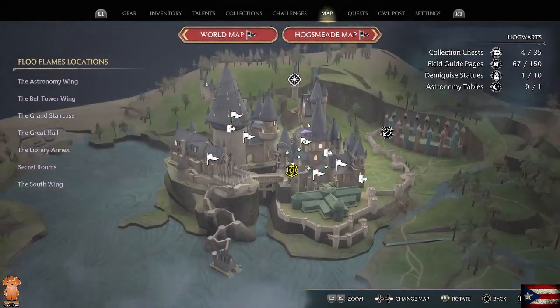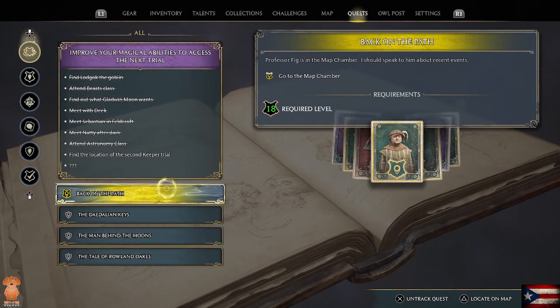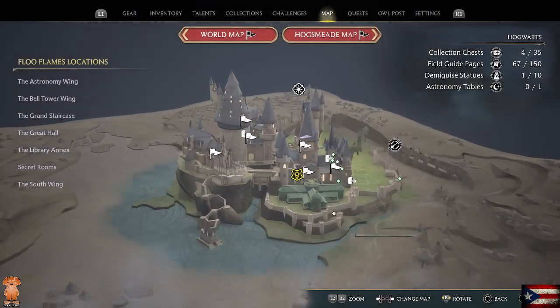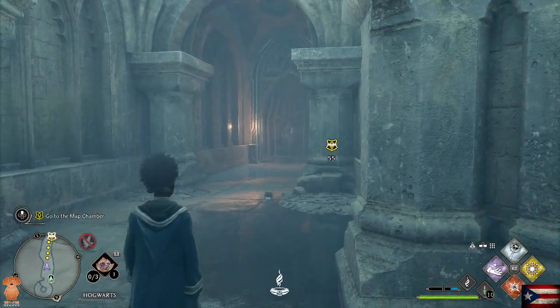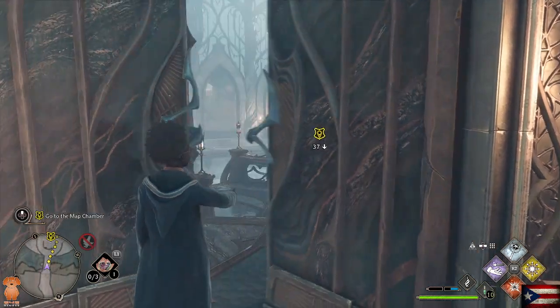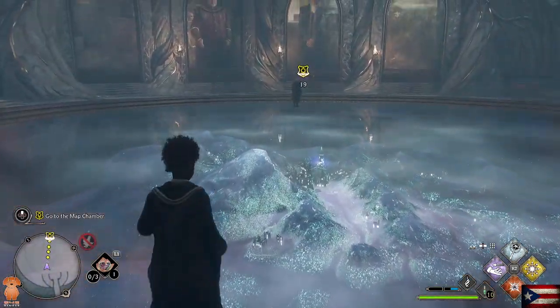Okay, so the last thing we're gonna do is we are going to go talk to Professor Fig in the map room. Yes. We go to the map chamber. We talk to Professor Fig and see what is up next. I mean, there are a couple of side missions I could be doing, but...